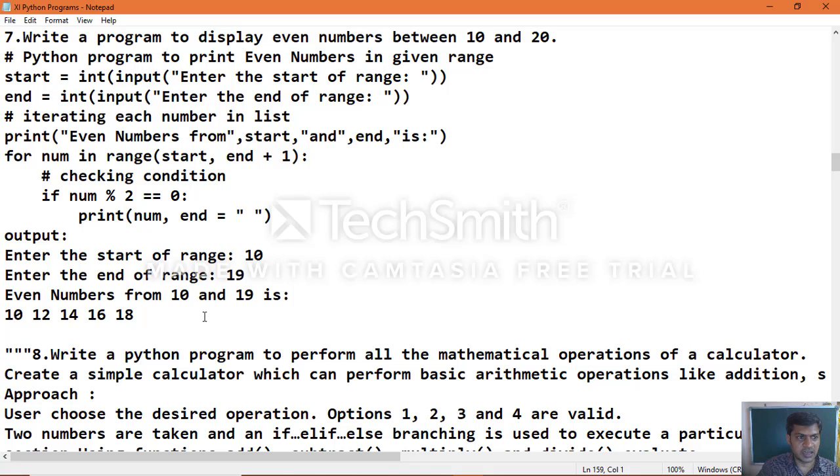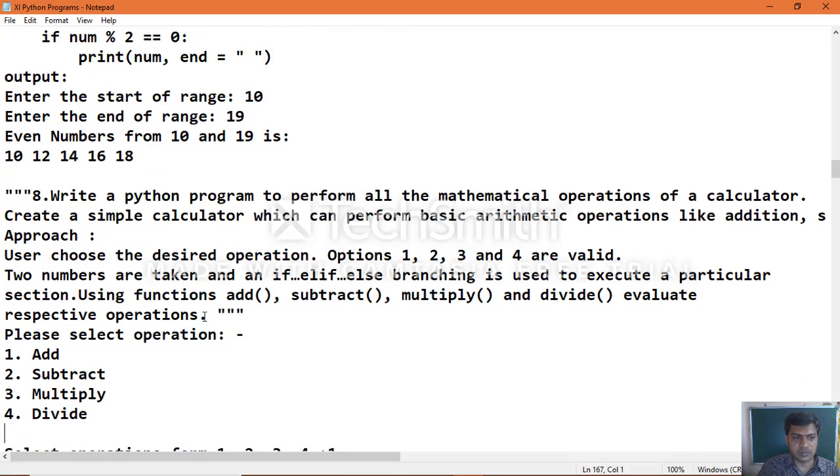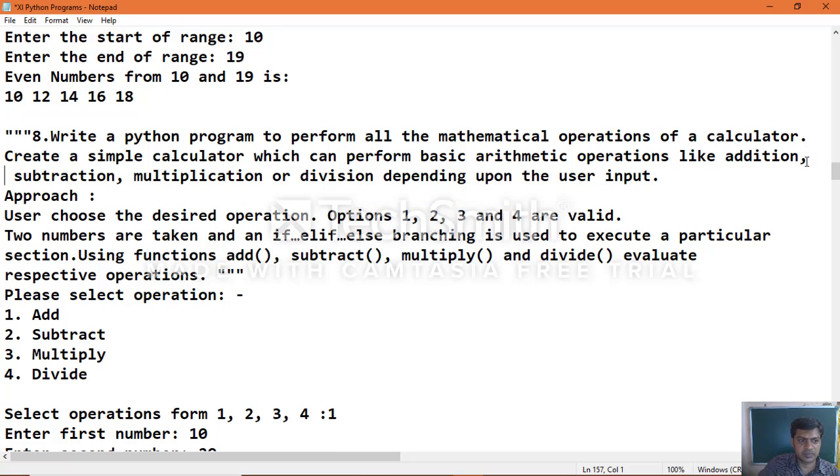Same way you can see another example. Write a Python program to perform all the mathematical operations of a calculator. Create a simple calculator which can perform basic arithmetic operations like addition, subtraction, multiplication or division depending upon the user input.